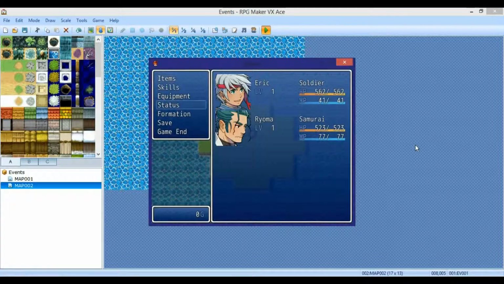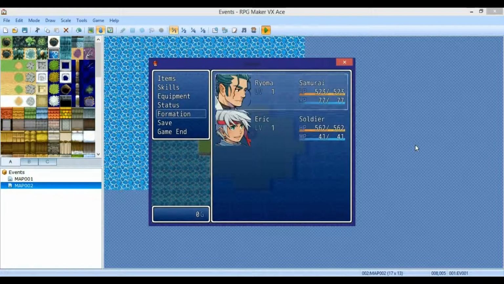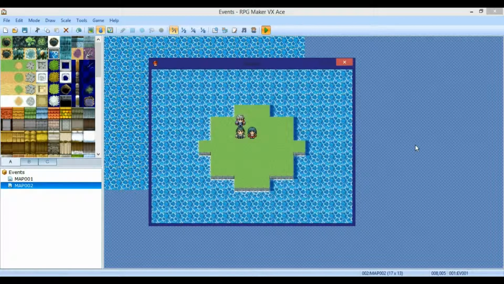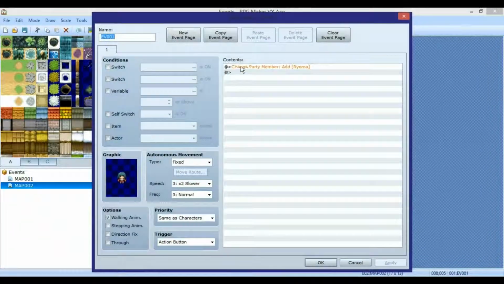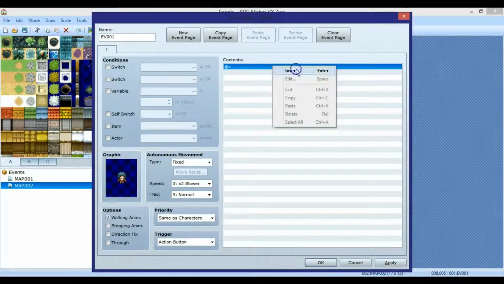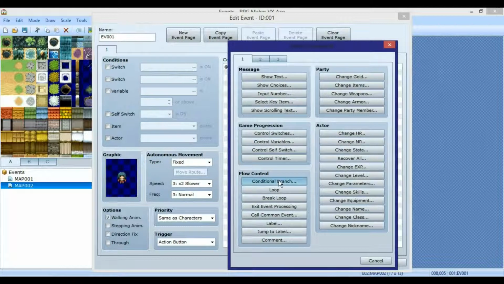Then you can use the change formation. You can have him set as the leader. Or you can have this as a switch characters person, like you talk and you switch to this character, talk and you switch back. Which will basically be, you add a conditional branch,